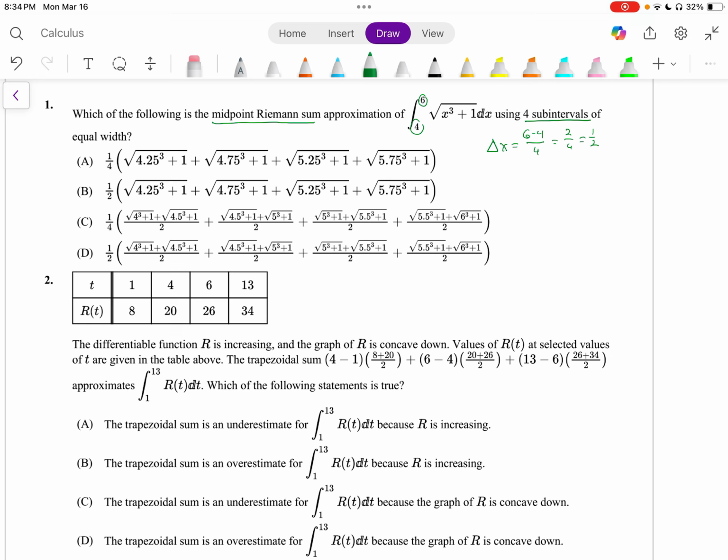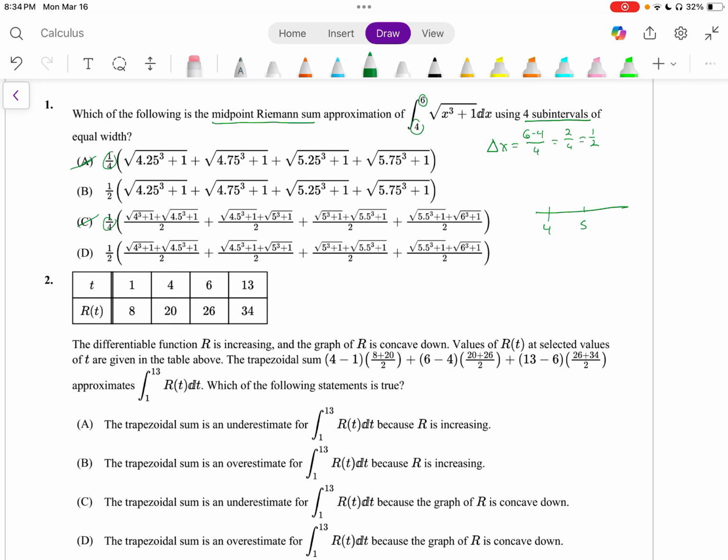And so normally what we do is we factor out that half. So we notice this is a quarter, this is a quarter. So probably not these two unless something else factors out somehow. And then we want to do midpoint. So midpoint, so if we're going from 4 to 6 and have